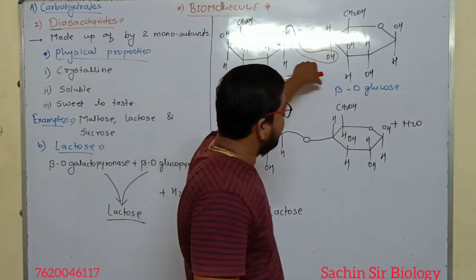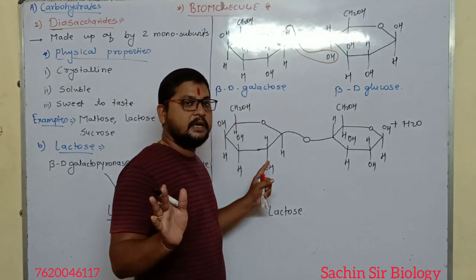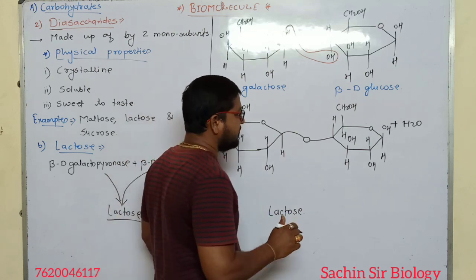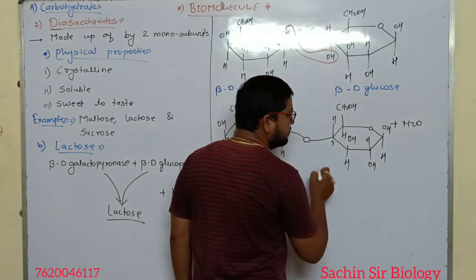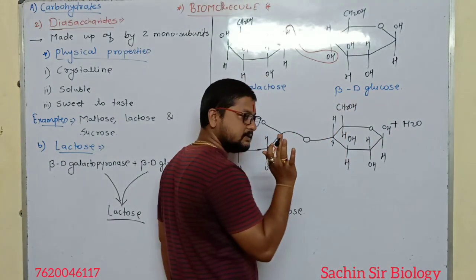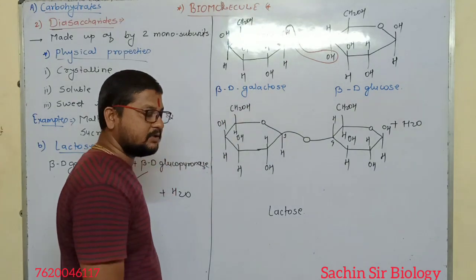In this way, a water molecule is removed. Okay, now very simple. Just count in between which carbon the bond is formed. That's all. This is the fourth carbon, no doubt. Okay, first, second, third, fourth, fifth, sixth. This is the first carbon. So here also, as in maltose,